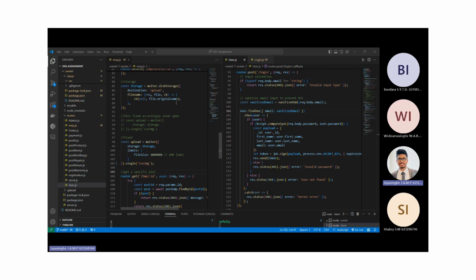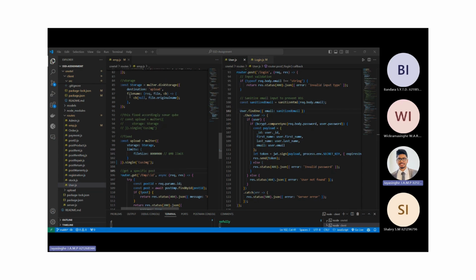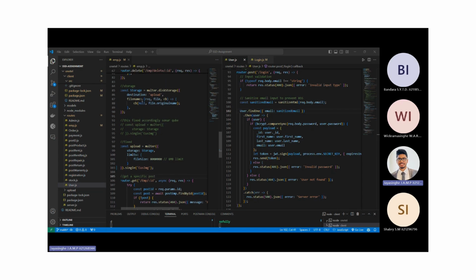Another fix is denial of service via uncontrolled resource consumption. This occurs when too many requests flood into the application, making it unavailable to real users. For example, if a user uploads a large file, CPU usage gets very high and the server goes down. To tackle this problem, we improved our API by adding a rate limit. And you can see the code,